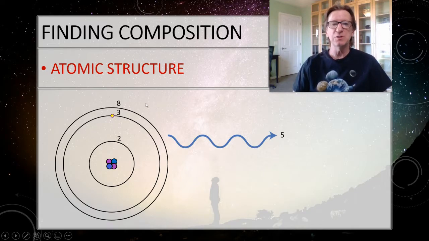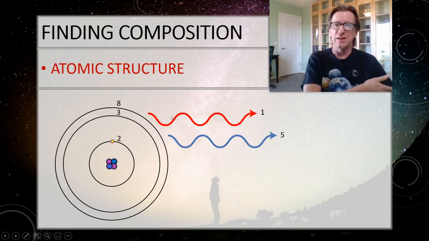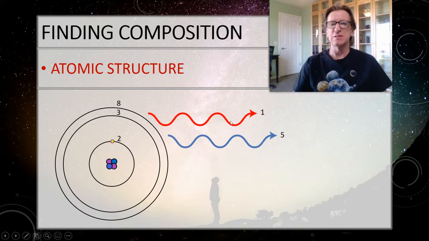Well, if she keeps bouncing off the walls, eventually she'll burn off some more energy. She'll drop from 3 to 2, and 3 minus 2 is 1. So she emits a photon of energy 1. Now, 1, remember, is less energy than 5, so it's going to be redder than that energy 5, right? So we're going to say that that's a red photon. We're going to say that's a blue photon.